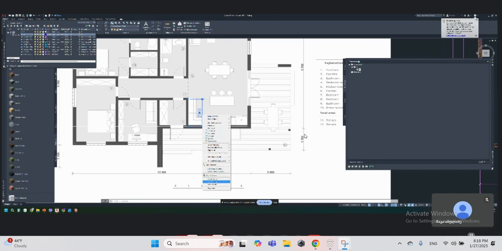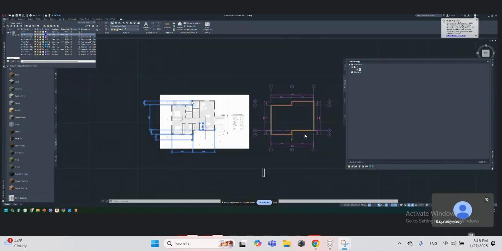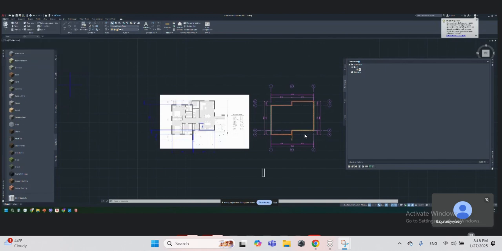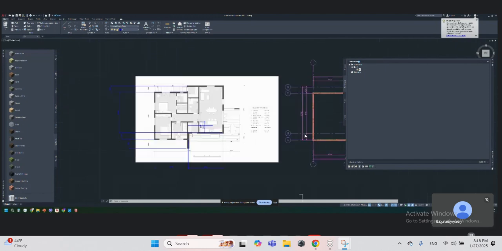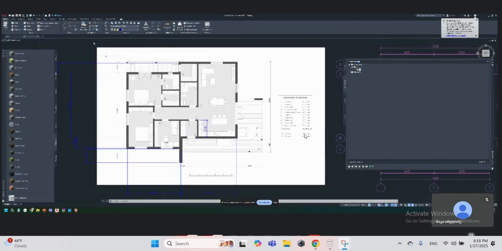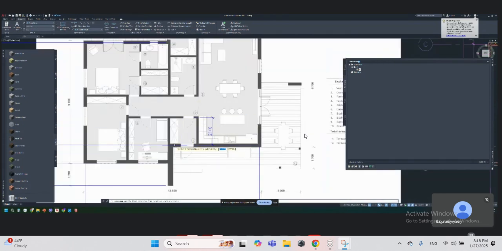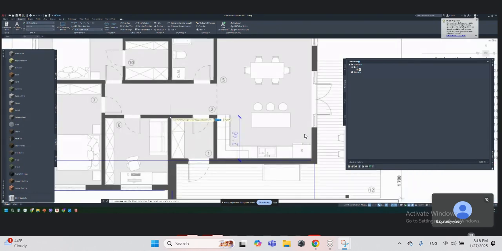Right click, select similar, and you can change layer. So now next, the dimensions. For example, from here,